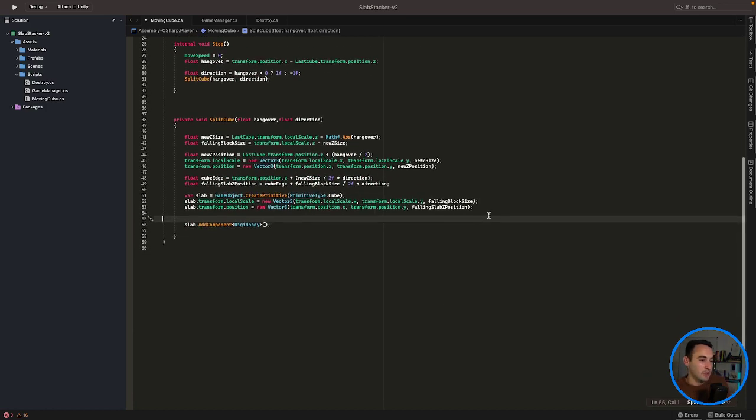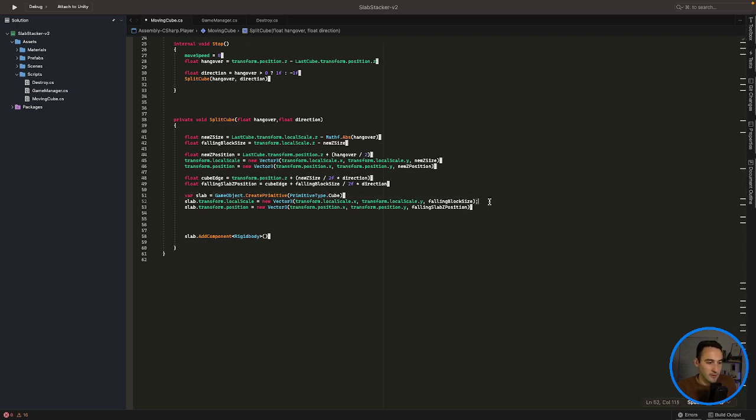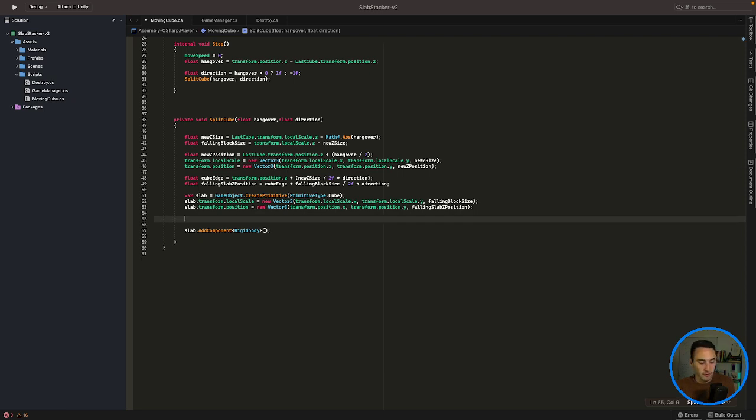Whenever we instantiate the new slab that we are replacing, whenever we resize our current slab once you've stopped it, first of all we create the slab, then we change the scale and the position of it. The next thing we need to do, before we add a rigid body onto it so that it falls out of the scene, is change the